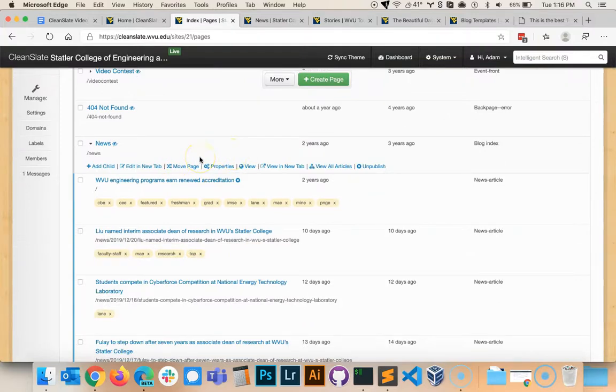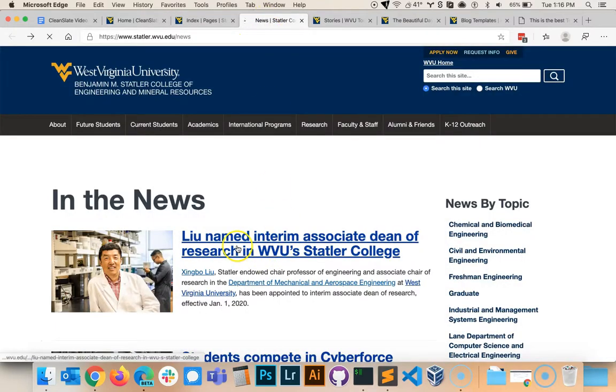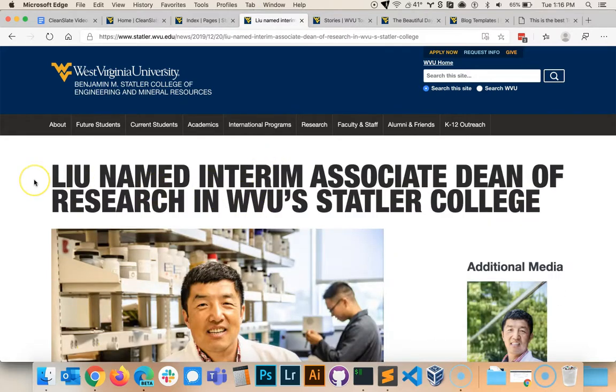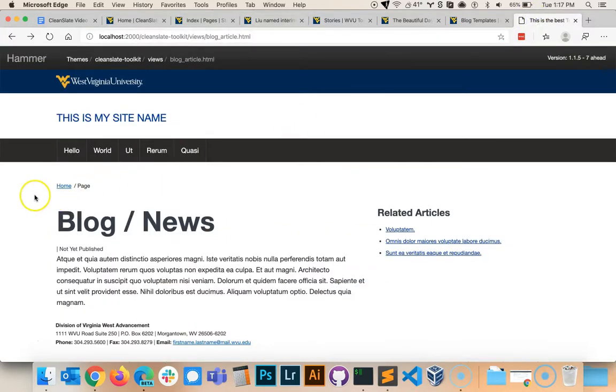So other than that, creating blog posts is a lot like creating pages in CleanSlate. There's one subtle difference. If you go ahead and click on a blog post, you'll notice that up here in the URL, there's actually a date in the URL. And that is pretty much one of the few ways that blog articles and blog posts differ from a normal page in CleanSlate. So now that we've looked at a real-world example, let's go over to the CleanSlate toolkit and